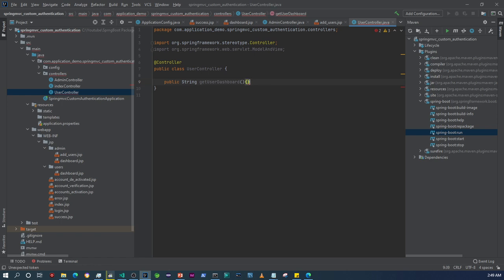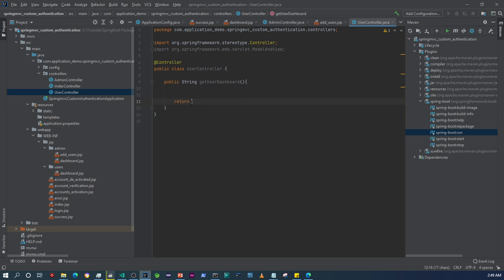And then from there on, when you return the view, all you have to do at the bottom there is return a string and say user, and then obviously you're going to have to say dashboard. All right, so if you want to do it that way, you can, but